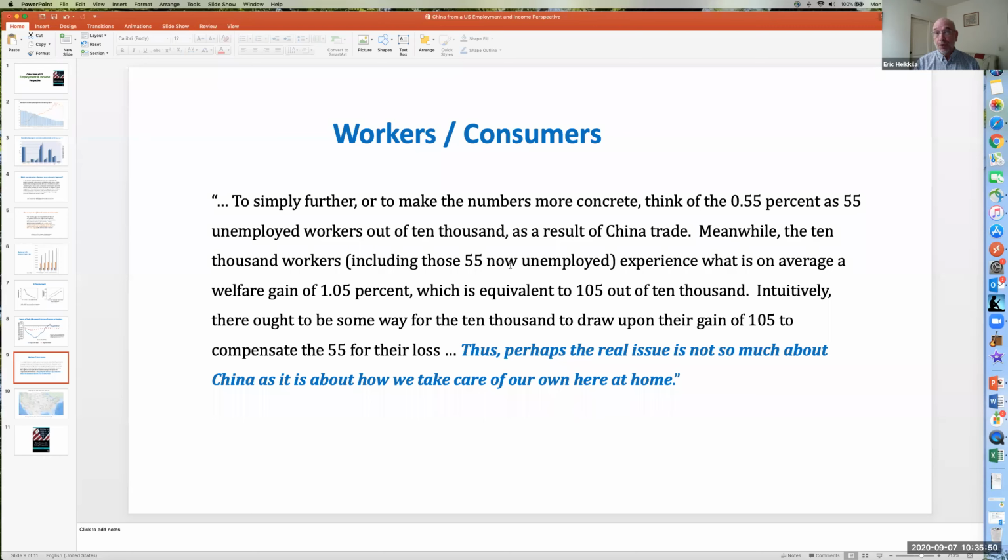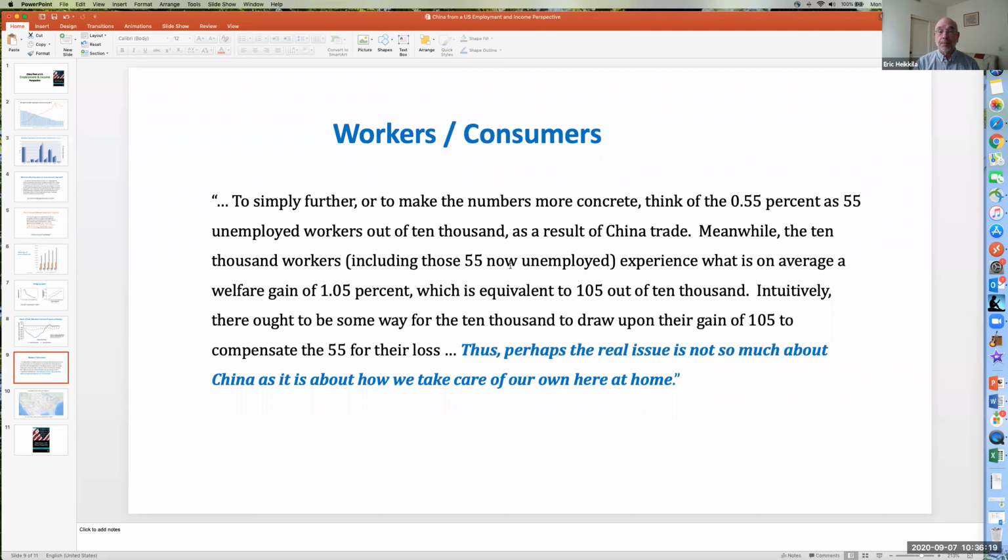So, of course, if you're one of those 0.55%, now just to make things a little easier, think of 0.55% as 55 out of 10,000. So if we think of 10,000 workers, then 55 of those workers are unemployed as a result of this competition